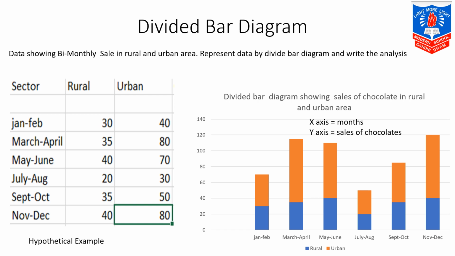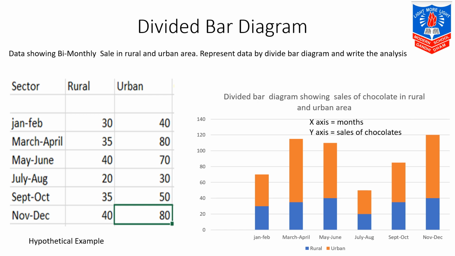Now over here again, our very first step is to make the axis and to see how we are supposed to make the graph by taking the scales and measurements. If I take a gap of 20, it will be proper. Even I can take a gap of 10. So over here I'll start with the very first one, that is January and February. The total is 70. So first we will make a bar till 70.